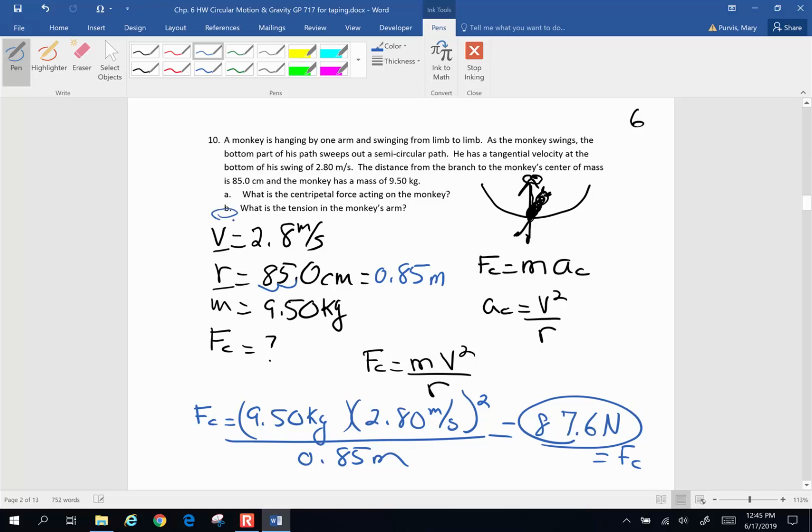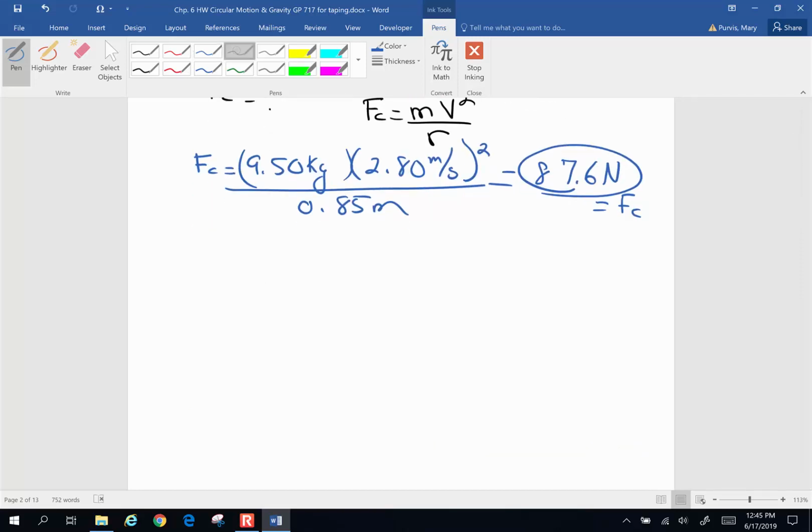Part B, what is the tension in the monkey's arms? Well, here's what's going on. There is a centripetal force upward, but the arm of the monkey also has to support the force of gravity downward. So the tension is going to be the combination of both of those. So the tension in the monkey's arms is going to be a combination of the